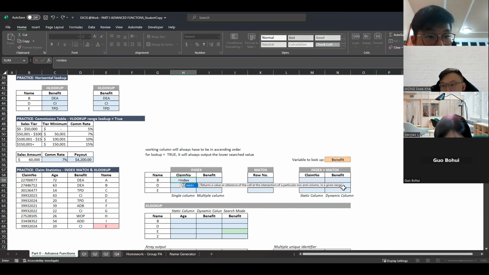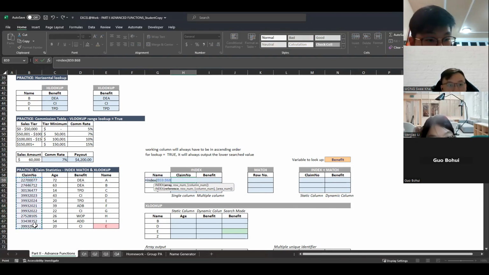My array is the claim number that I'm looking for, so I'll highlight this whole column over here, and lock it. What's my row number for name B? Anybody want to give me the row number of cell B in this table?